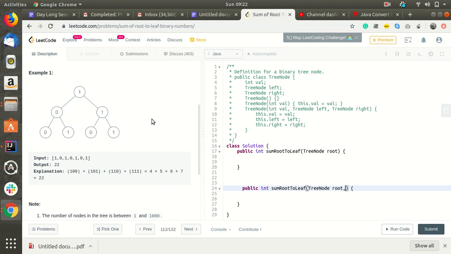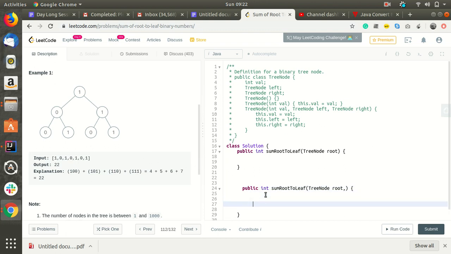I will be using string builders to store the binary number, and when we reach a node where root dot left and root dot right are null, at that time I'll return the integer which it is representing.